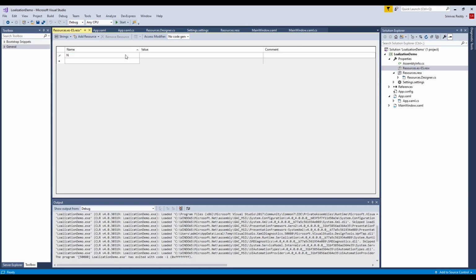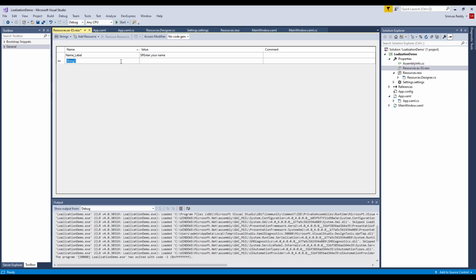Let's add them. Name underscore label, and here let's give the value as "sp, Enter your name". I'm just adding "sp" here to differentiate between the English value and the Spanish value.